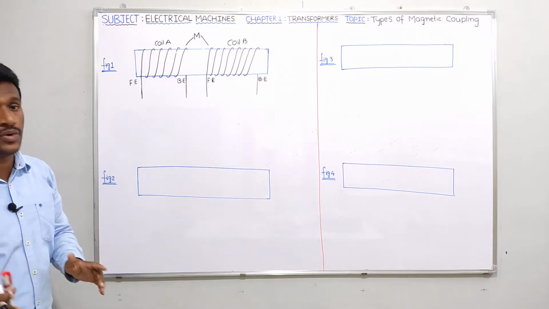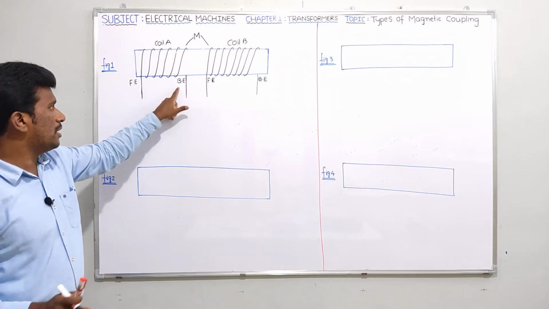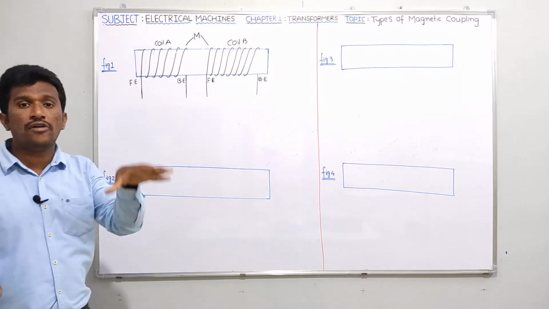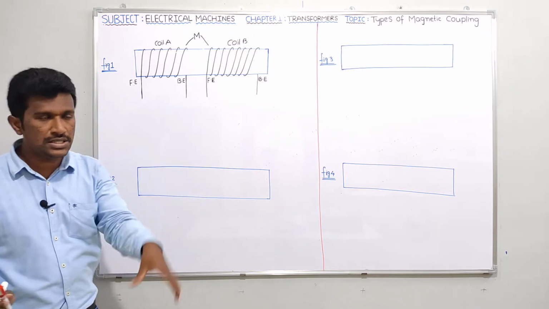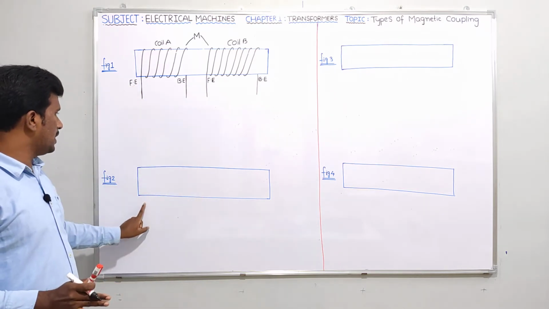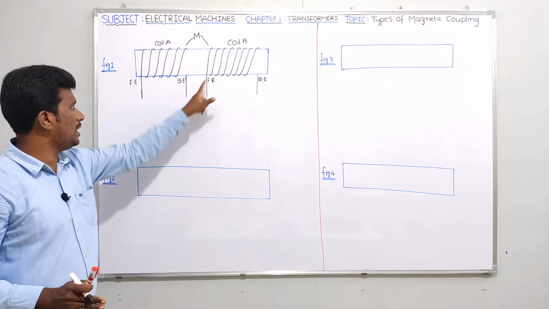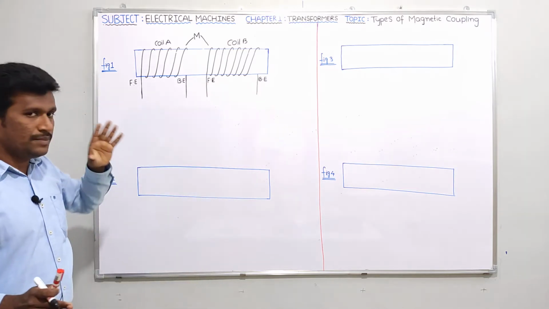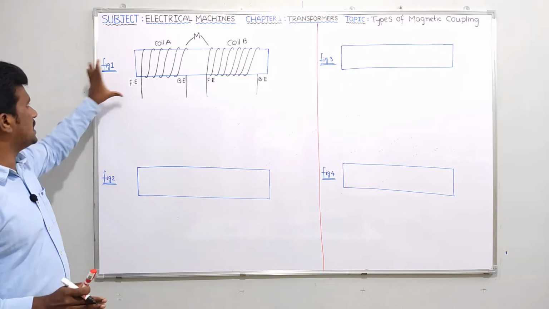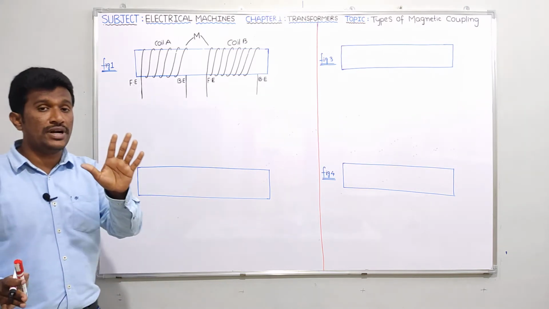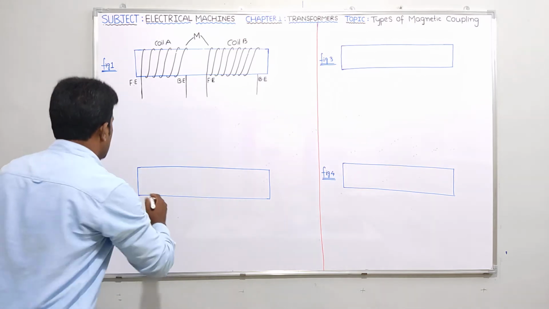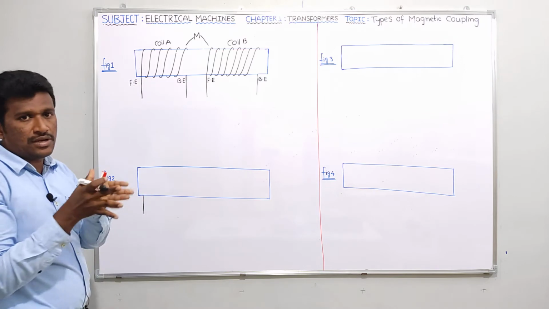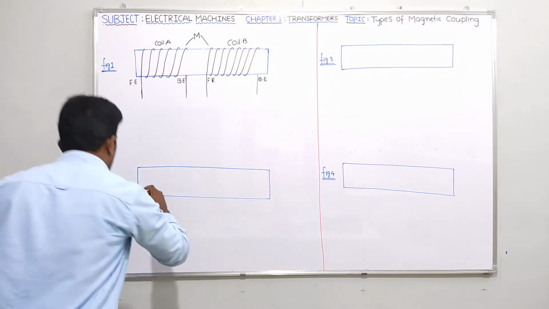Same sense of winding means what? Here I kept front end, back end, front end, back end. Here also I'll take the same sense of winding. Sense of winding means if I take front end here, it should be front end here. If I take back end here, it should be back end here. Front end, back end. Okay. First of all, let me draw figure number 2 just like figure number 1. I'm saying this from the sense of winding point of view. So here, let me write figure number 2. Let me draw the same sense of winding as figure number 1. Okay. So right.